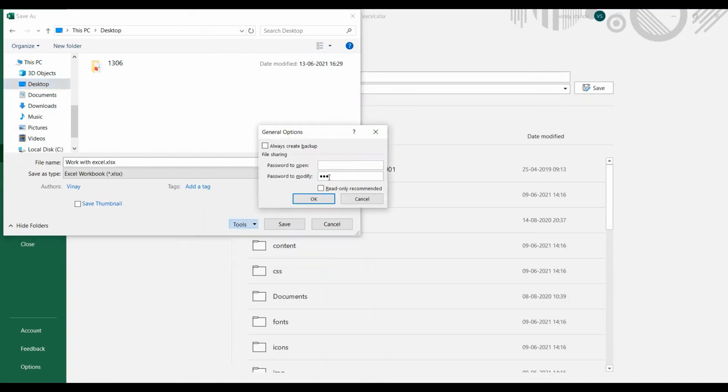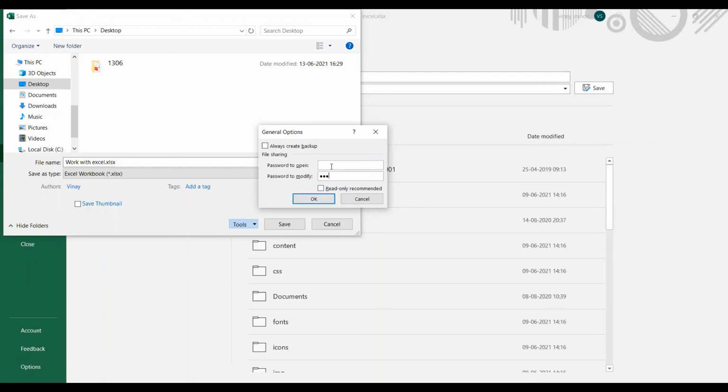Here you can give the password while opening the file as well as to modify the file. If you are not giving a password to open, the file will open, but other users will not be able to modify unless they put this password. Obviously you can give as per your wish.